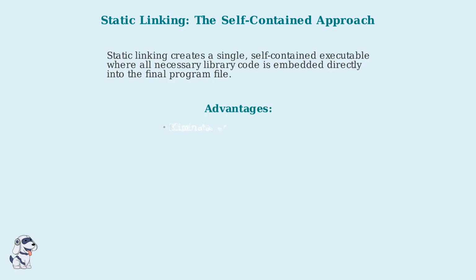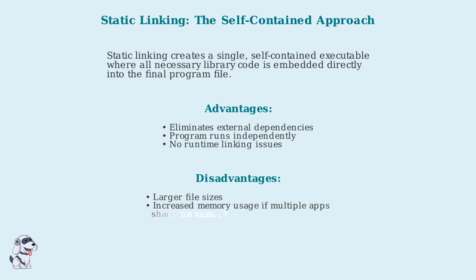The main advantage of static linking is that it eliminates external dependencies. The program is completely self-sufficient and won't encounter runtime linking issues if libraries are missing or incompatible. However, static linking has drawbacks. It results in larger file sizes since all library code is duplicated in each executable. It also increases memory usage if multiple applications on the system use the same libraries, as each program carries its